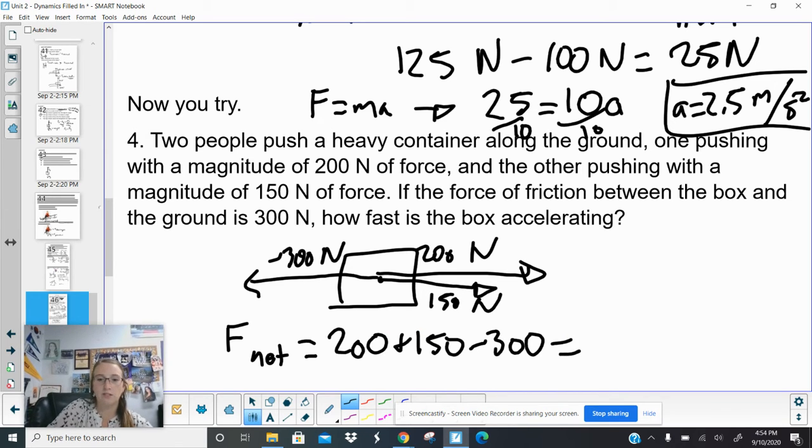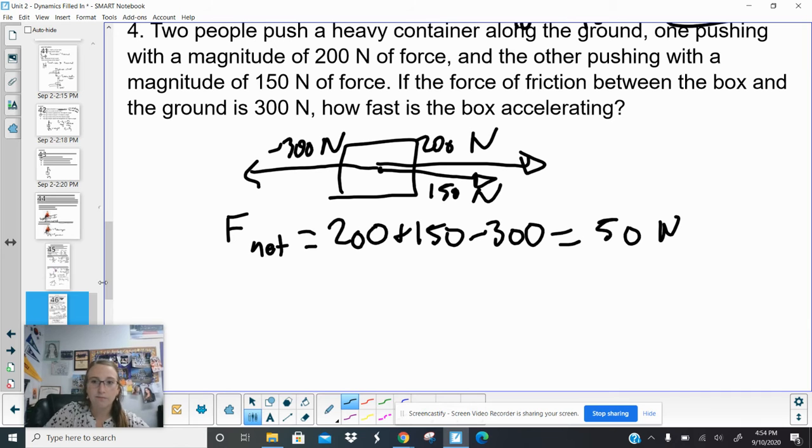This is my net force, is going to be 50 newtons. So that is the force that it is actually moving with. Because again, the friction is fighting against it, and they're pushing with only 50 extra newtons than what friction has,